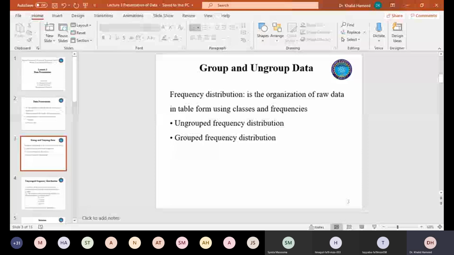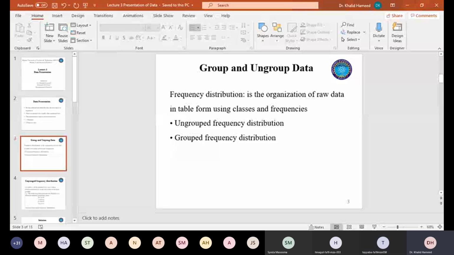And when you represent those data sets in the form of tables, and your data set is continuous, I'm not talking about the categorical data. Just give yourself a little bit of time and think about those continuous scales. You have two continuous scales, either an interval scale or a ratio scale. And when you classify your data set, what you are going to have is the grouped frequency distribution.